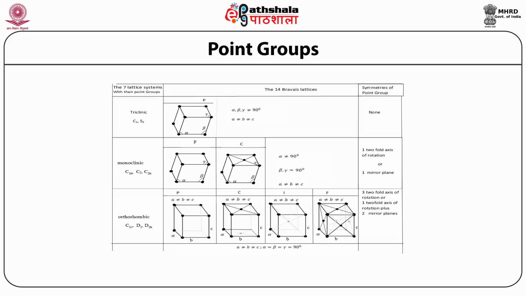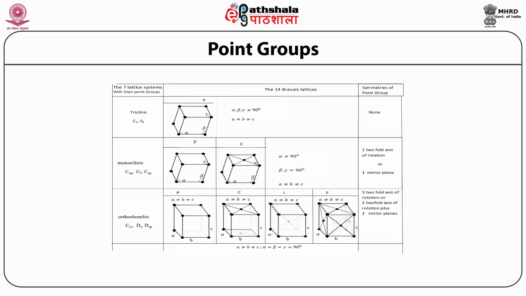Of these 7 lattice systems, the first is the system of triclinic crystals. It has no point group symmetry. It is a crystal which is specified by 3 angles and 3 lengths, all different. So the only symmetry it has is S2 symmetry or C1. Next, we have the monoclinic lattice system, wherein two of the angles are 90 degrees. One angle is not 90 degrees. All the three lengths are different as shown in the slide.